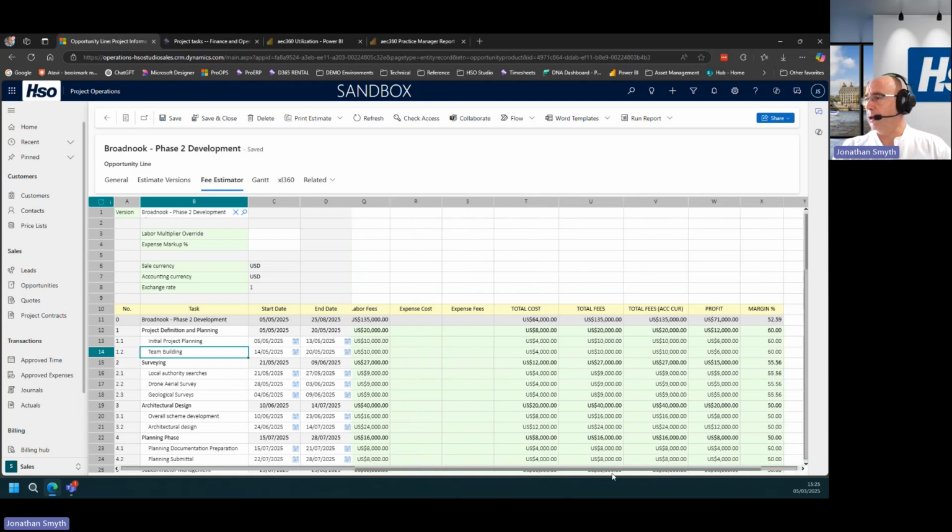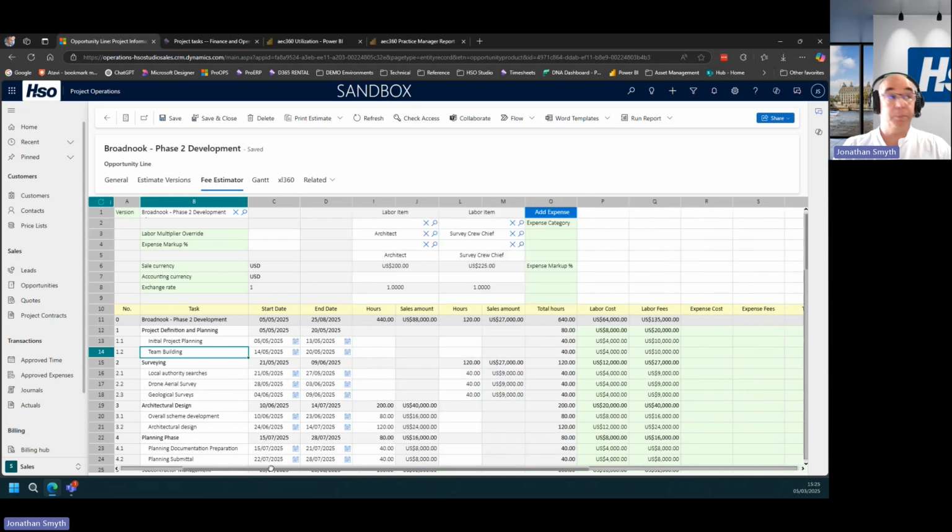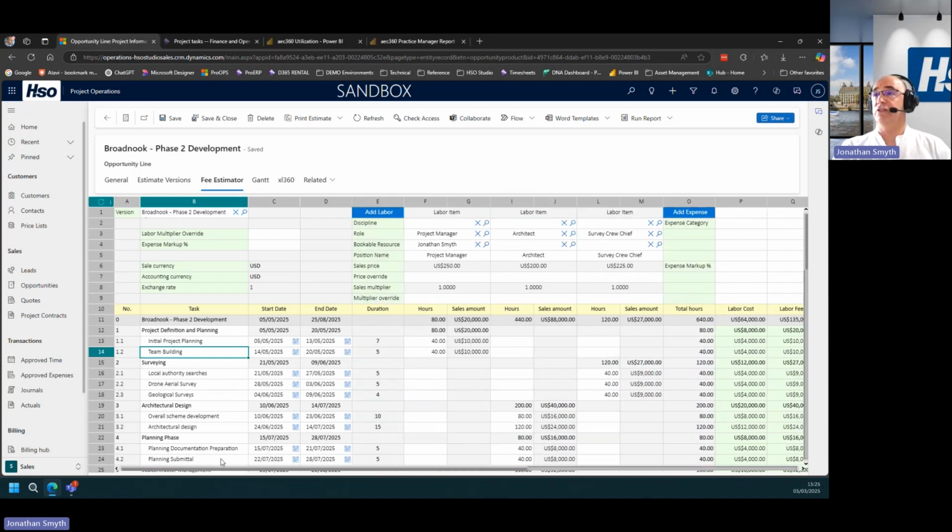Now, these next few columns, it's up to you how much detail you would like to be displayed, because obviously this is commercially sensitive information. But we can then see our total profit in terms of monetary amount and our total margin as well. So it's giving you real insight into the potential profitability of this specific opportunity.